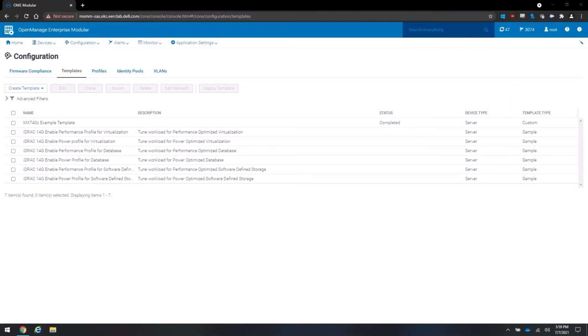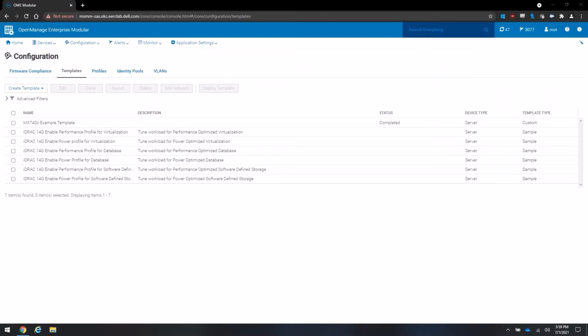Once you have a template created from either a source device in the environment or from a server profile export, you will need to edit it and add the networks that you would like for those hosts. I'd like to make a small note here that when adding your networks to the template, these will apply to all hosts that the template is utilized on.